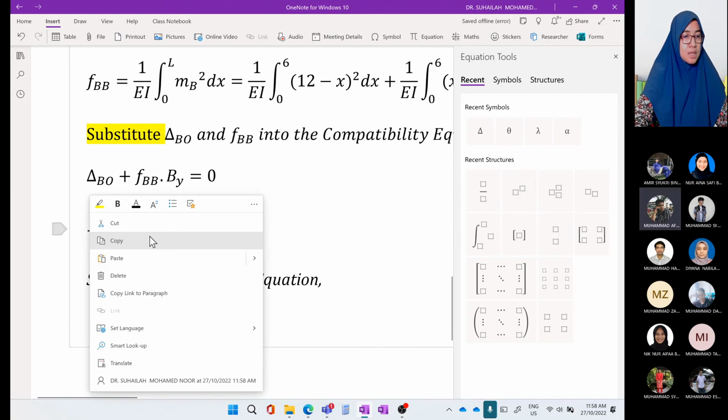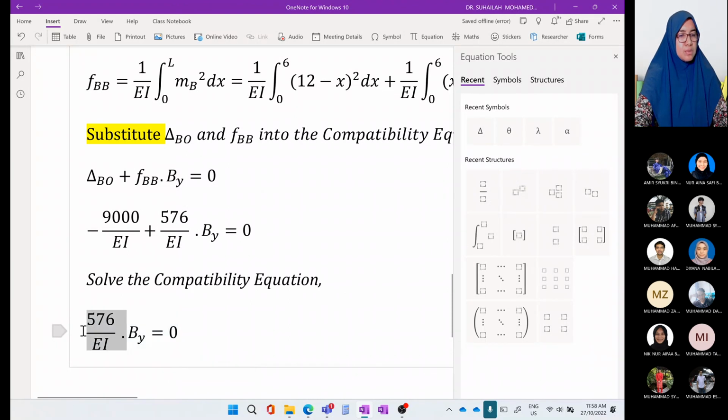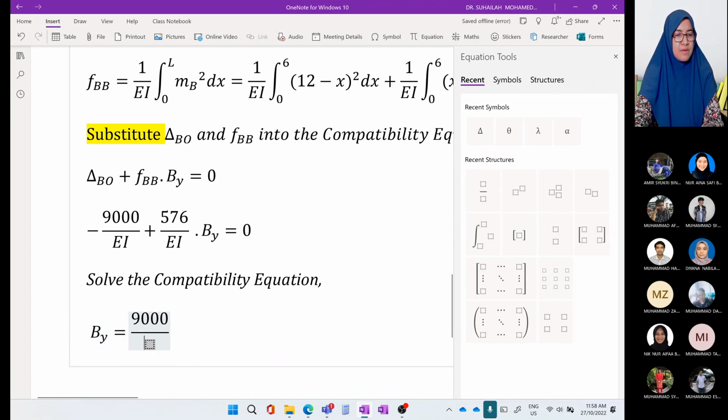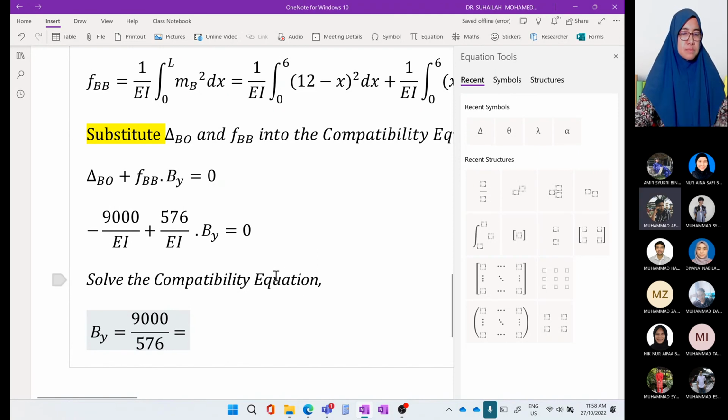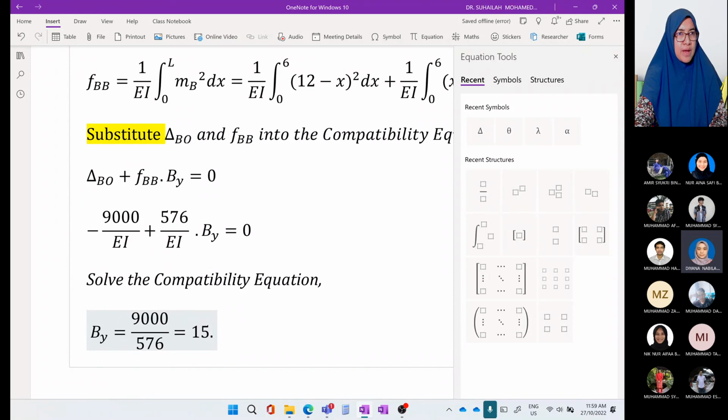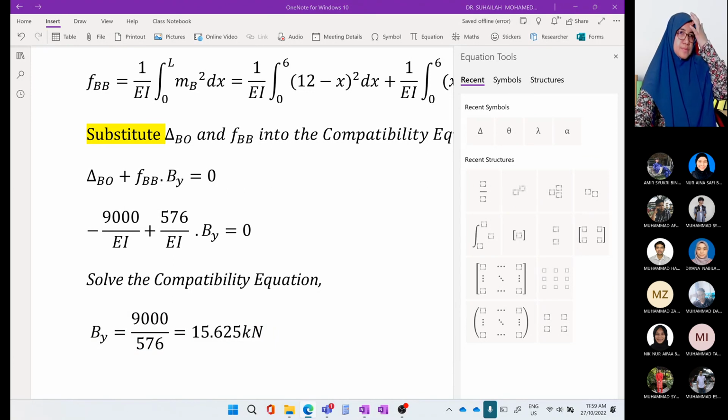BY equal to 9,000 divided by 576, equal to 15.625 kilo Newton. Then you can continue